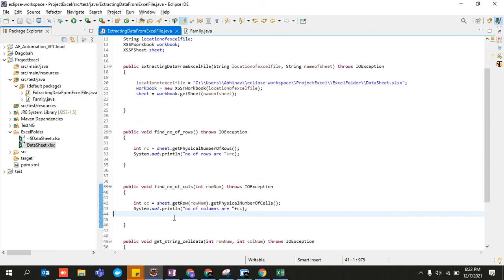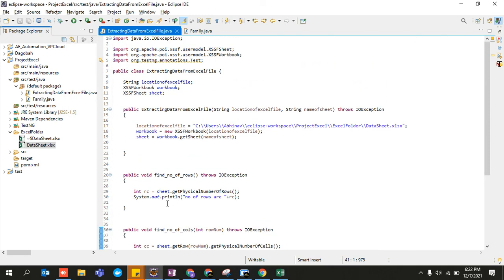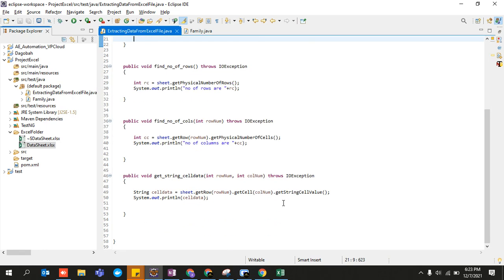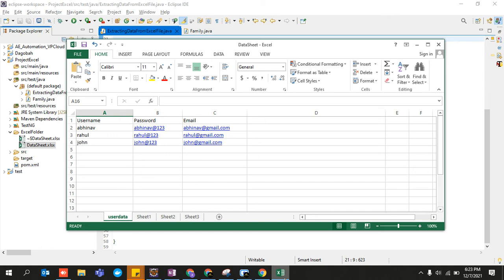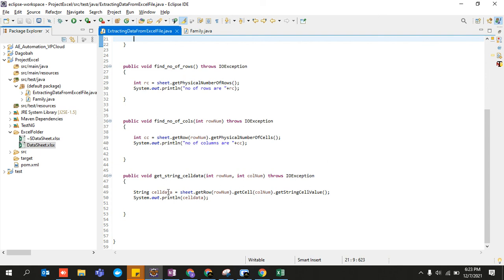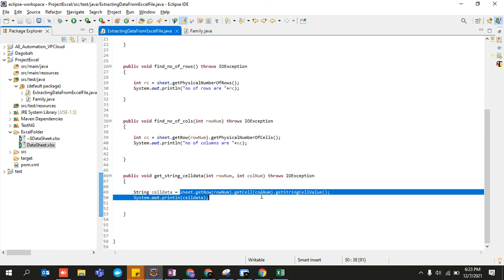I hope you guys are able to understand this lecture, and I hope my efforts have definitely helped someone. So this is how you find, or write, your code without even learning it. There is no need of learning. There were four rows, so you have to find a method to find the number of rows. There were three columns, so you have to write a method to find the number of columns. There was some string data it contains, so you have to find a method to get the string data, and this is what we did. The only thing you need to learn, if you really want to learn it, is just this particular line. That is it. You will always enjoy.